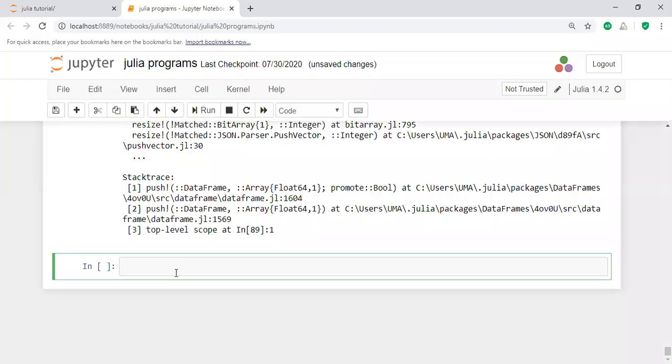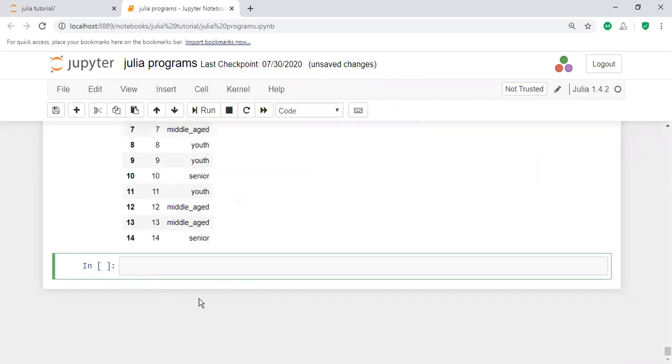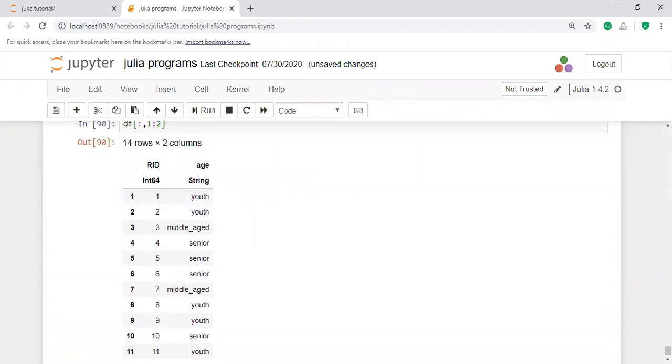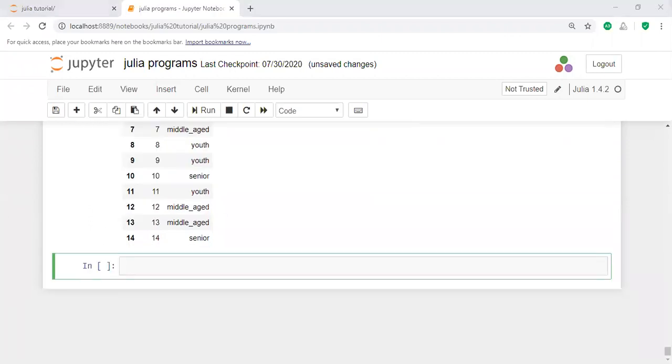Next is how to perform the manipulation of functions. For example, I want to manipulate the rows and columns. Df, the colon in the sense of rows, will display all rows and then only 1 to 2 columns. That means colon indicates all rows. For example, 6 columns are there, and I am displaying only 2 columns. In this way you will perform the manipulation.